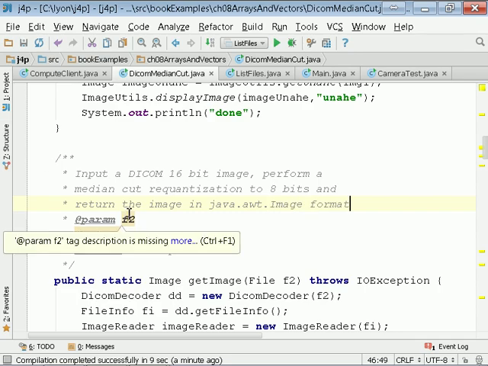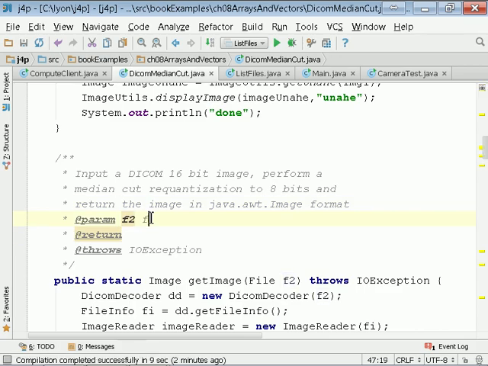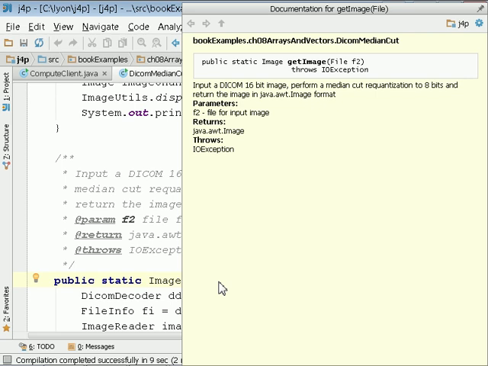Okay. F is a file for the input image, and the return is a java.awt.image instance. And now if you go to Control Q, you can actually see it's been formatted nicely in